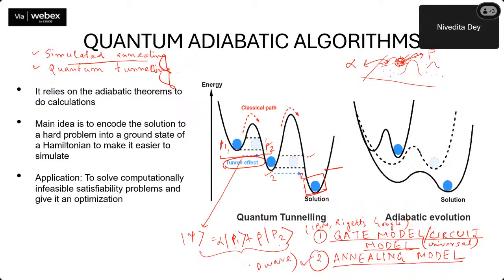They have reached another level in annealing model development, but it is still not very reliable. Though we have a 5,000 qubit quantum computer available from D-Wave, which is an annealing quantum computer, it is not very reliable in terms of encoding problems. For the gate model we have a very small number of qubits,